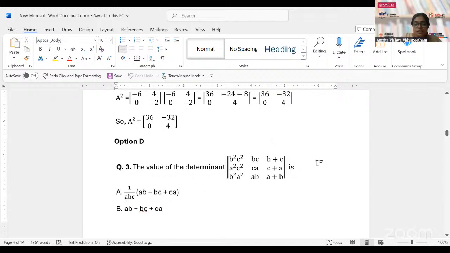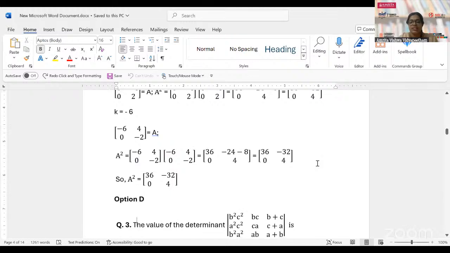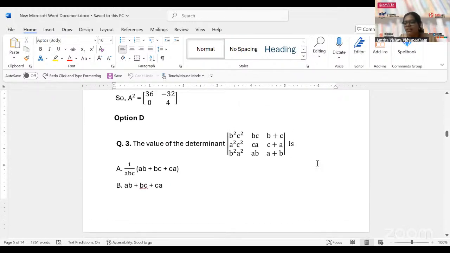The value of the determinant, very common question. This is a very, very common question. The values inside the determinant will always be A, B, C, maybe even D also, related things. But whatever is given inside the determinant, it varies. And you can use whichever method is comfortable for you to solve it. You can use column substitution or row substitution or anything, reductions, and then you can solve it.